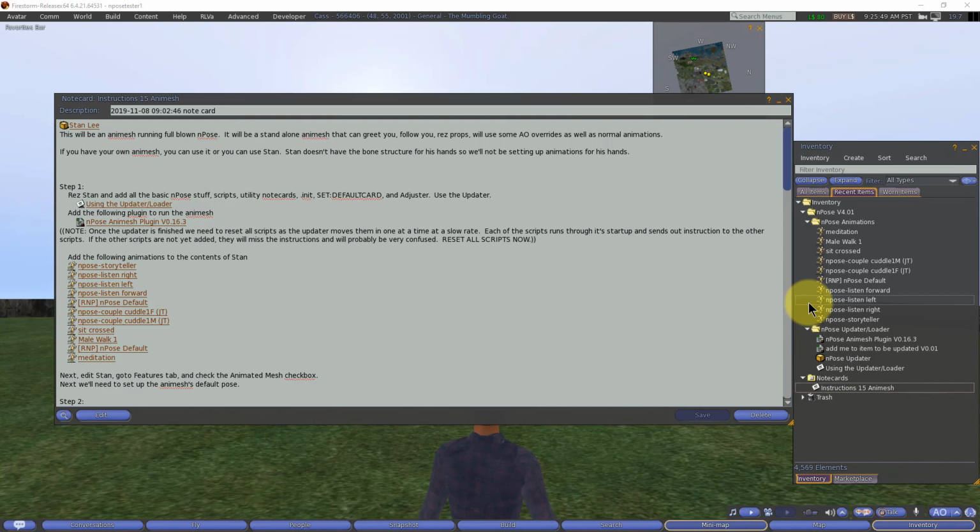Above, at the top of the card, you'll see that you've got a Stan Lee object. Stan is a well-known figure in the cartoon industry, obviously. And the Animesh is available on Marketplace. It is free, so instead of sending you out to Marketplace to get your own, I'll just go ahead and give you this copy. I'm hoping that won't get me in trouble. I don't think it will. At any rate,